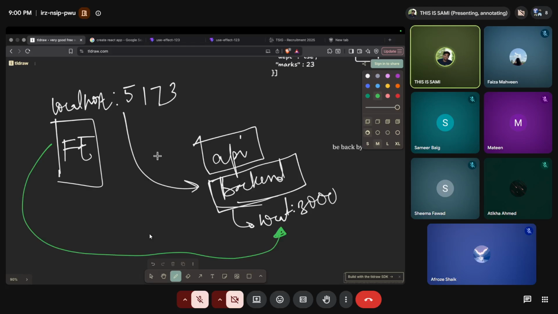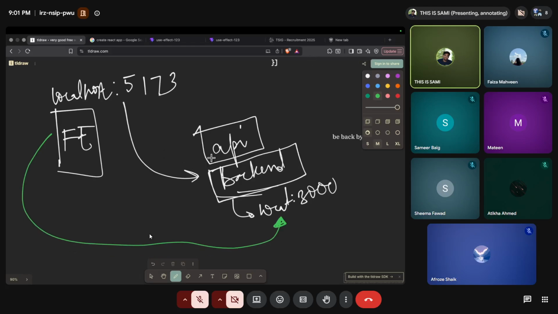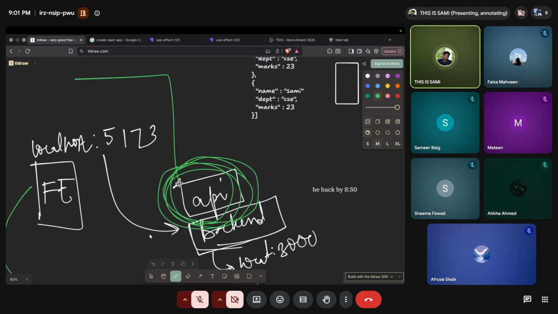Every backend, ठीक है, has some specific routes exposed, you don't have to remember that, they have it in their documentation. Every API has some specific, sorry, routes. So when you hit that route of that API, some result it will return you, कुछ डेटा रिटर्न करता, ठीक है ना।